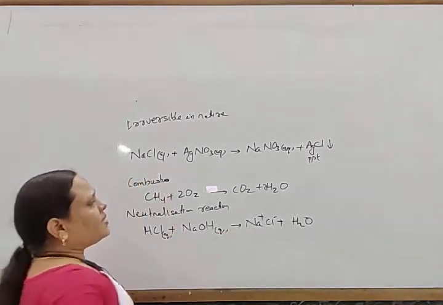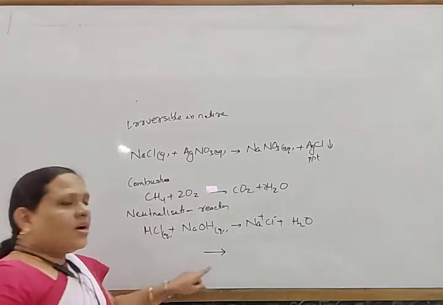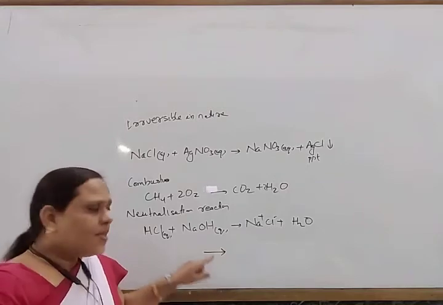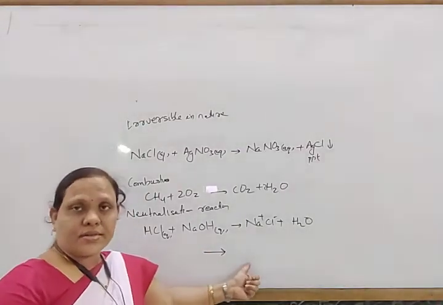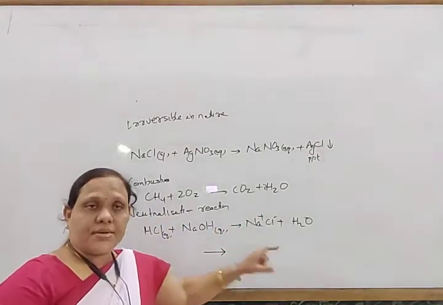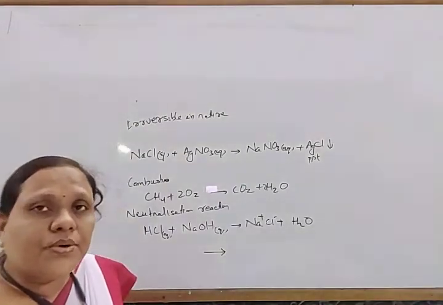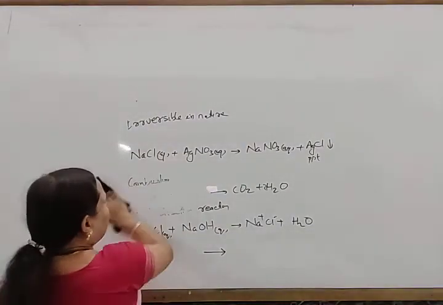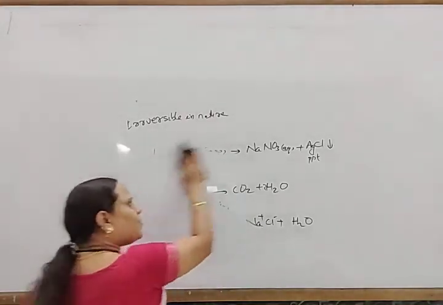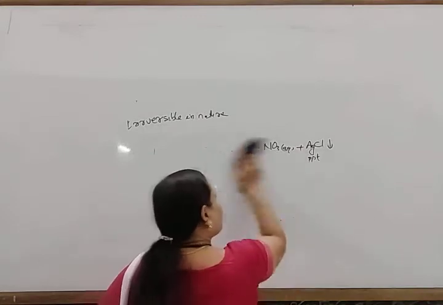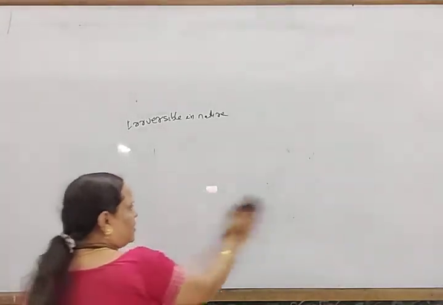So for an irreversible reaction, it is generally represented by this symbol, called give rise to. That is a single-headed arrow, directed towards one direction, where the reaction goes to completion. So these are known as irreversible reactions. Next, what is a reversible reaction? A reversible reaction is one in which the reactants react to give the products, and again the products react to give the reactants under suitable conditions.